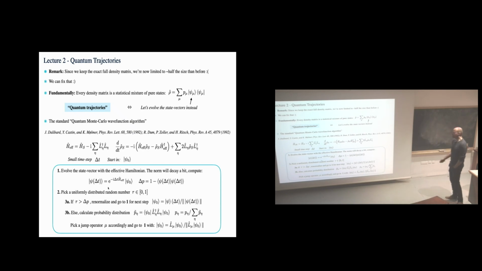Okay, and now I pick some uniformly distributed random number, let's say between 0 and 1. And then if this number is larger than this value of delta p, which is going to be the likely case,